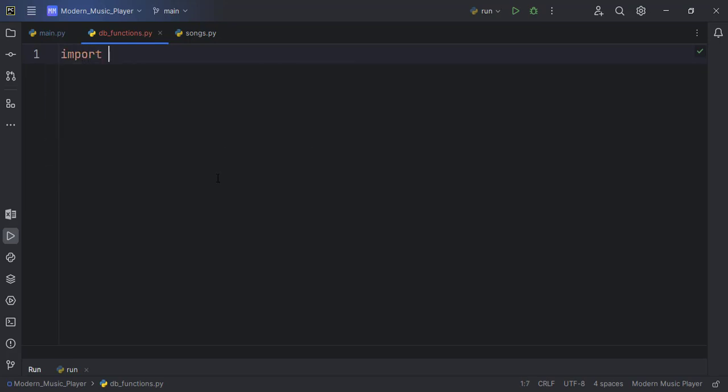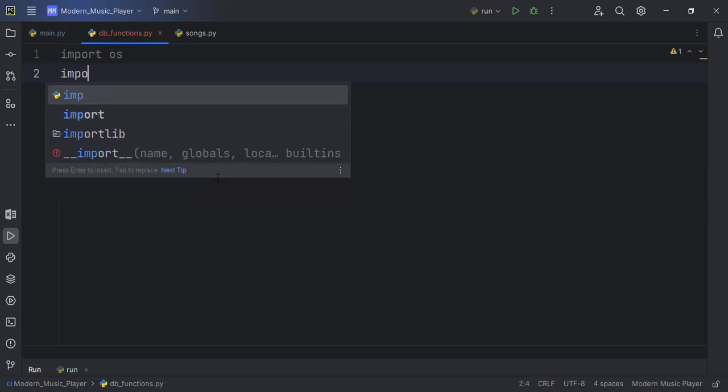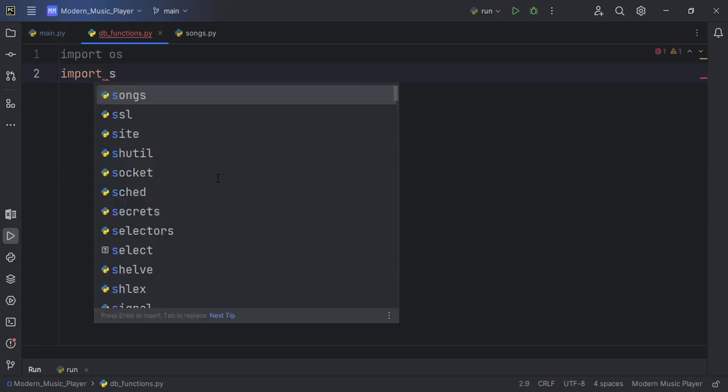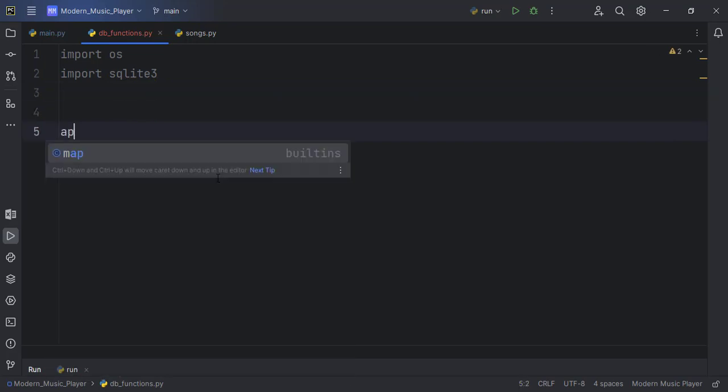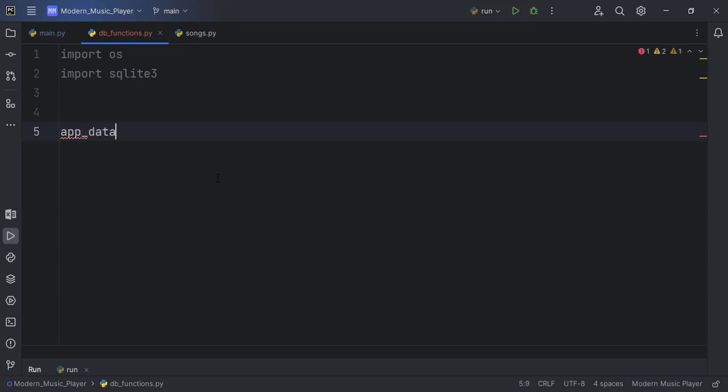Quick import. So we want to import OS. We also want to import SQLite 3. It comes with Python. We don't need any external package. And that is all we need in this file. And we also want to create one we'll call app database, which should be equal to,